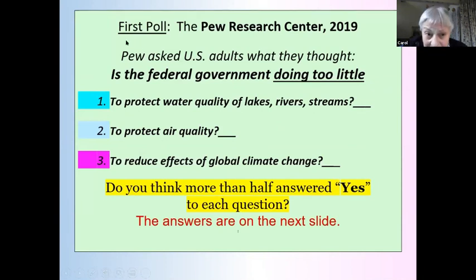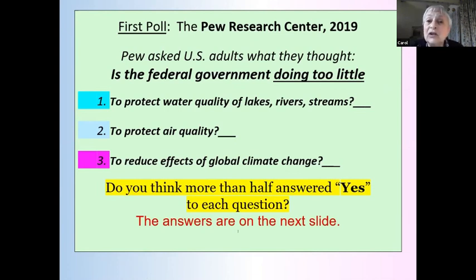So one way I thought we could ease into something that's controversial is to say, well, what do people say to poll takers? And in 2019, something called the Pew Research Center